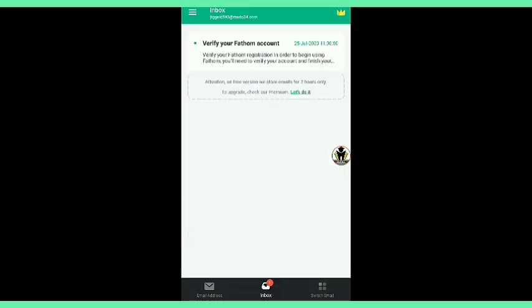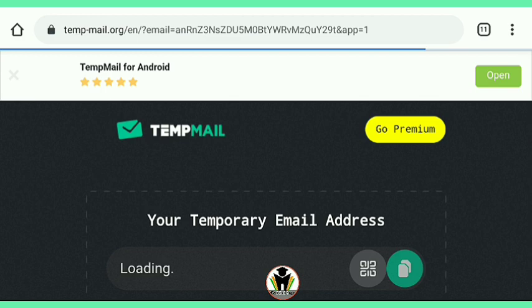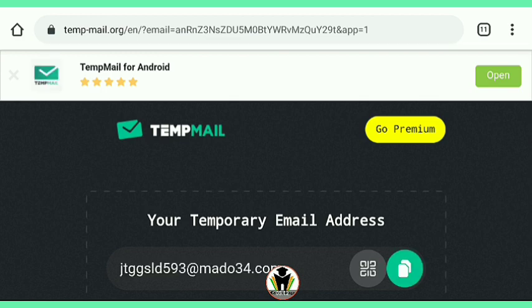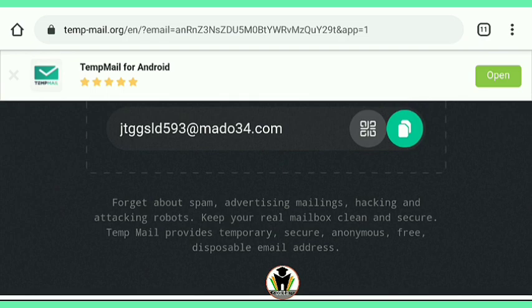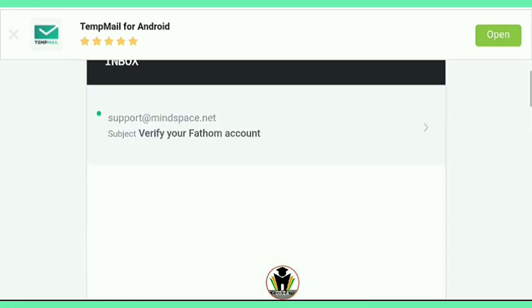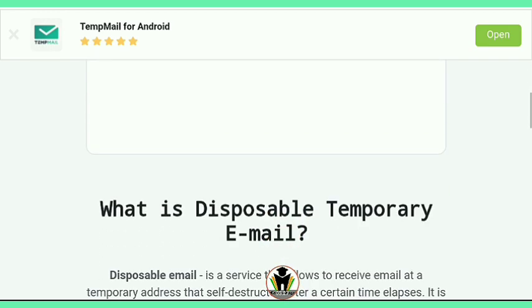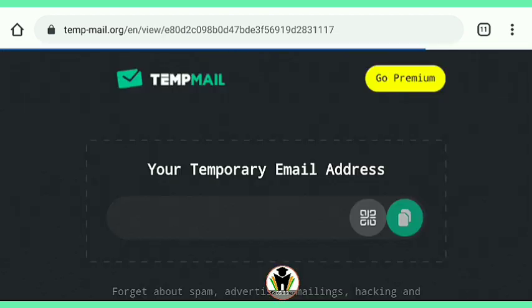Here you can see a mail from Google Partner Training has come into our inbox. Just tap on it. It redirects us to Chrome, the browser which you are using, and here is the mail, our temporary mail on our Chrome browser, and this is the inbox. When you tap on it, just tap on the inbox.